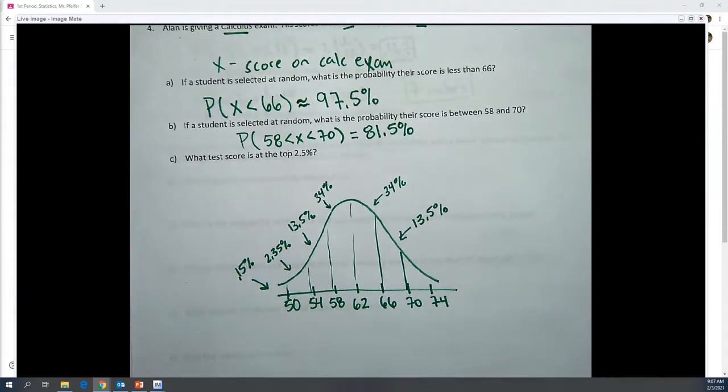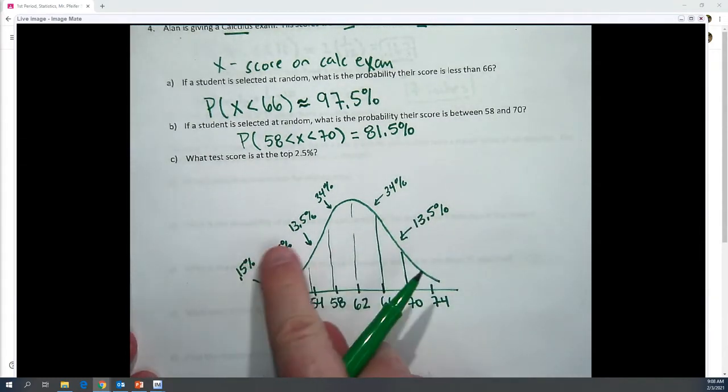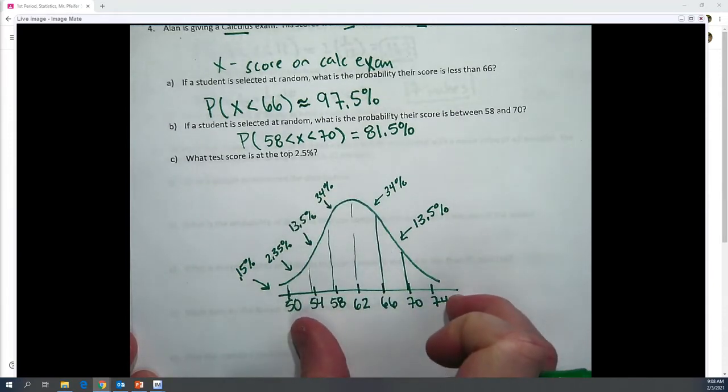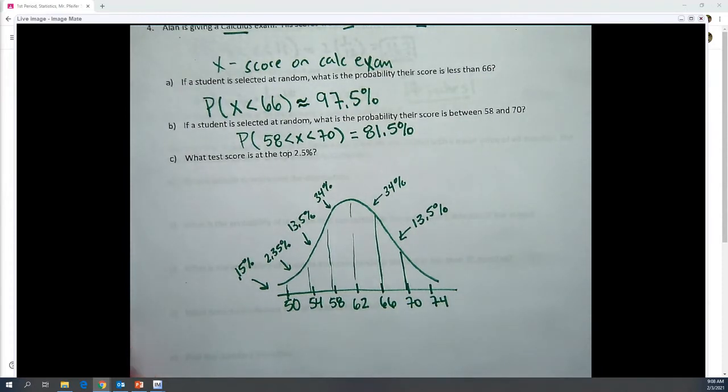Hopefully nothing too scary there. It really is just all about this graphic. These numbers are fixed, these percentages. So these are the only things that change based on the problem's mean and standard deviation. And then finally says, what score is at the top 2.5%? So I'm definitely looking on the right side. And this is